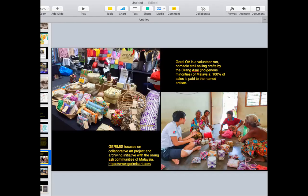nomadic store selling crafts made by the Orang Asal, the indigenous minorities of Malaysia from across Borneo and Peninsular Malaysia, with 100% of the sales being paid to the named artisan. So it's very important that all the works are created by someone attributed to a named person. They're not anonymous craftsmen. They're recognized as an artisan, as a craftsperson, and it's given this recognition through this process of a business transaction,